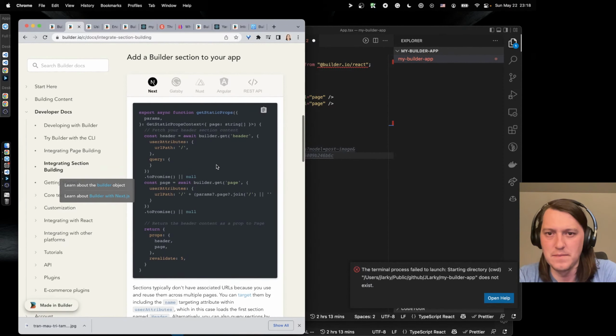Maybe that's why. It's actually pretty interesting, a pretty interesting article about how everything is comparing and stuff. But anyway, in our case, we need to install